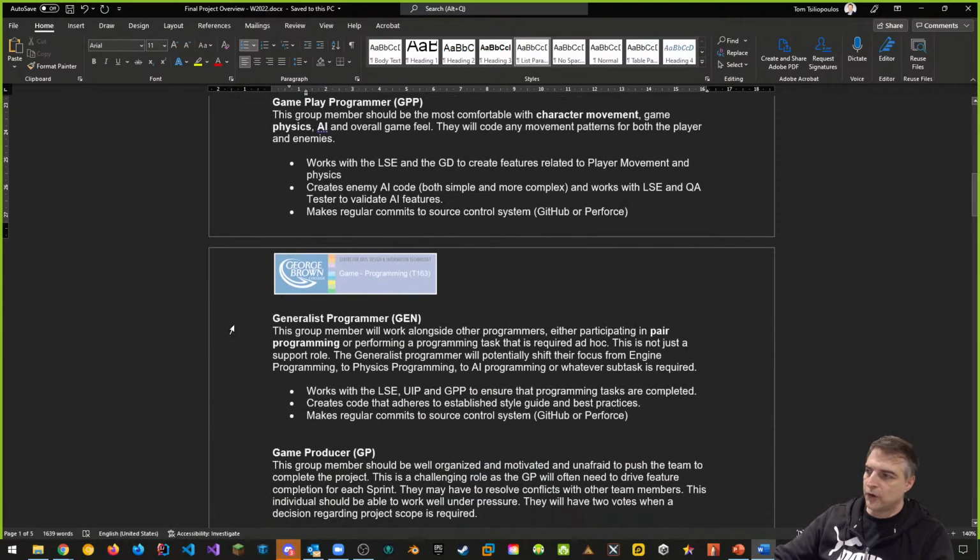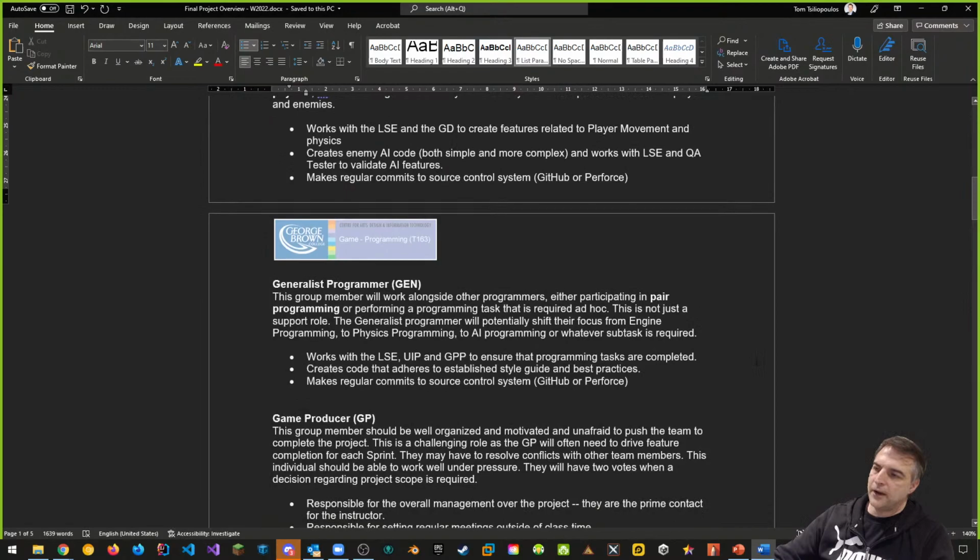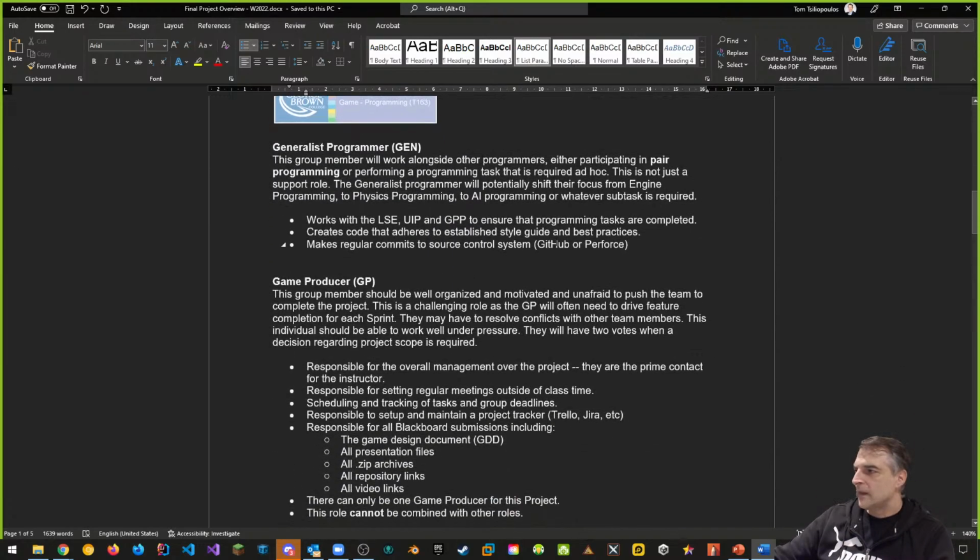Generalist programmer is the most common role that you could take. Let's suppose you don't have a specific role. You could literally have just a lead software engineer, a game producer, and a game designer, and everyone else can be generalist programmers. It's up to you how you organize your team. I'm only recommending that the 3 roles that are required are lead software engineer, game producer, and game designer. Those are the 3 that you need to have. The rest you can take for some of these and do the rest. Okay, so they kind of do various sundry duties, whatever needs to be done.